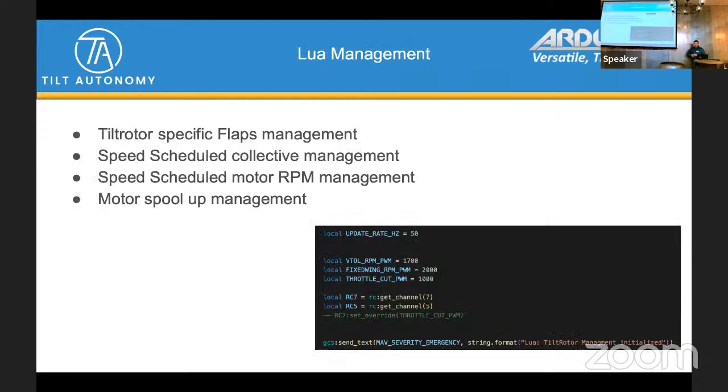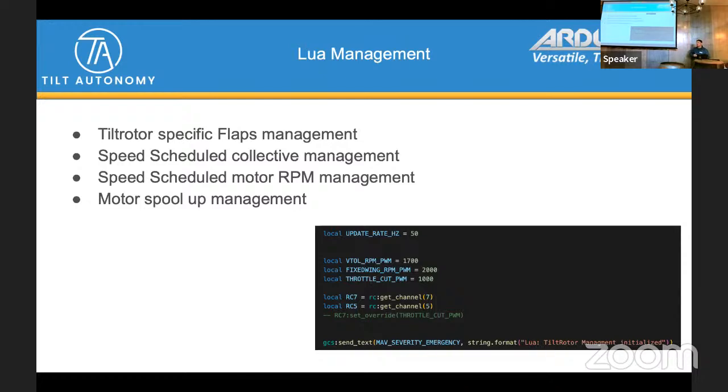For Lua management, this was just quick and easy. It was relatively simple to manage the bring up of the vehicle. Because it is a constant speed collective pitch, I needed something to manage bringing up the governors. And so, a simple, easy fix was to do that in Lua: just check for arming and throttle position and then bring up the governors. Something I didn't necessarily anticipate was speed scheduling the collective.